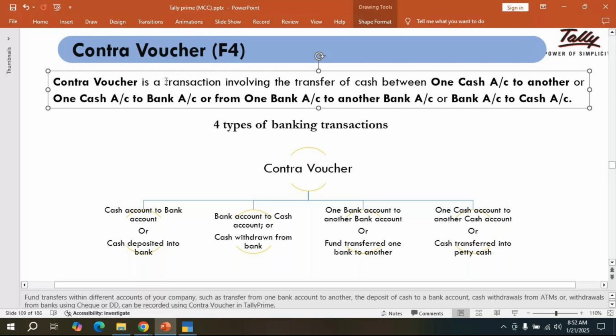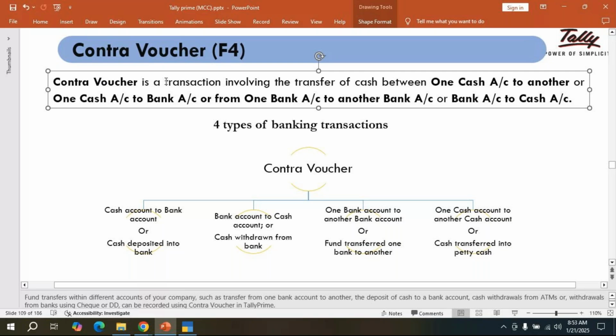For miscellaneous expenses we use petty cash, right? For small expenses, from the cash account to petty cash we transfer some amount. So like that, between the company and the bank, whatever money transactions happen,